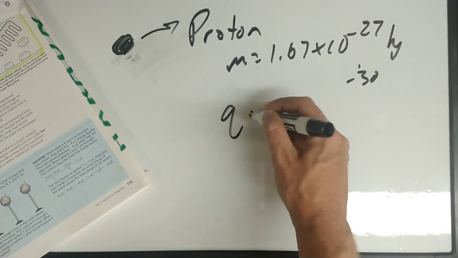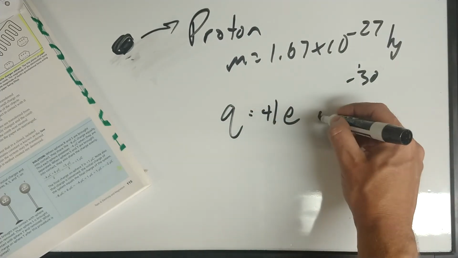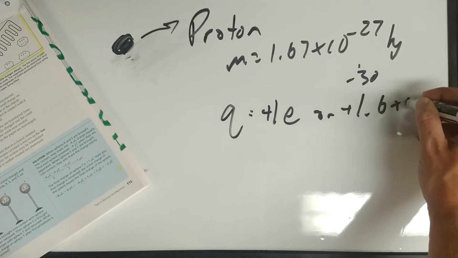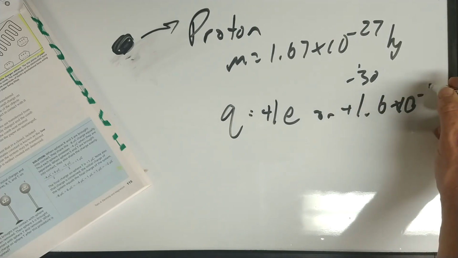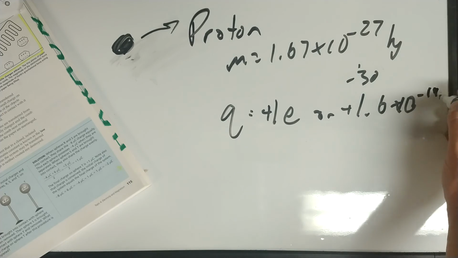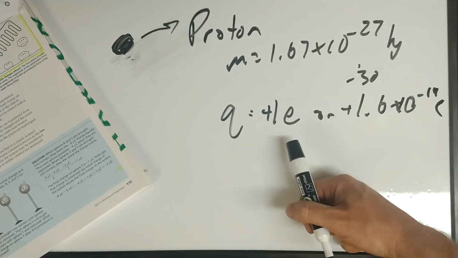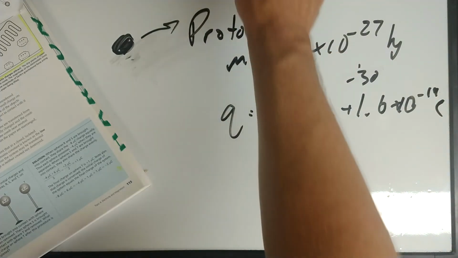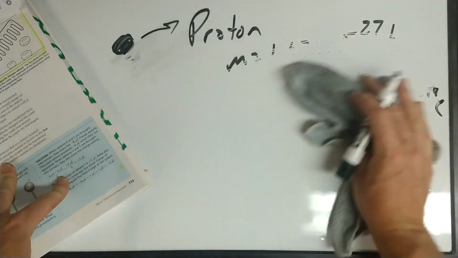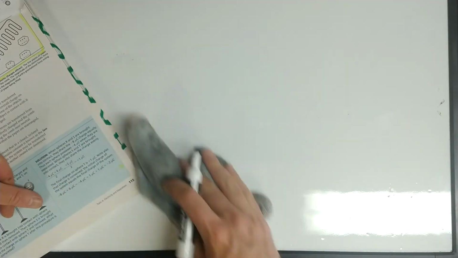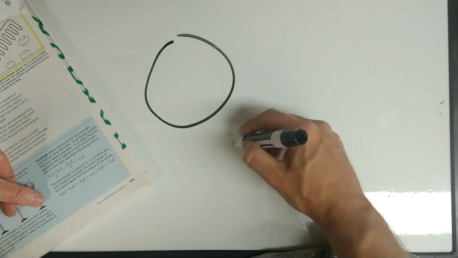The charge of a proton is simply plus 1 e, or positive 1.6 times 10 to the negative 19th coulombs, right? So there we go. Proton, electron. So when we charge an object, for instance, if you rub a balloon on your hair,